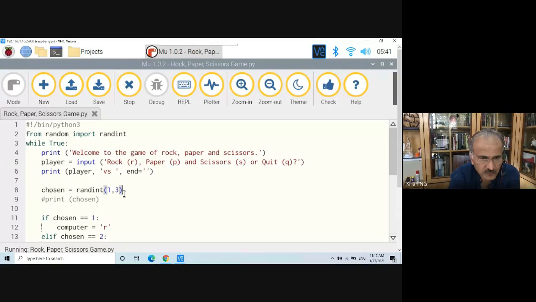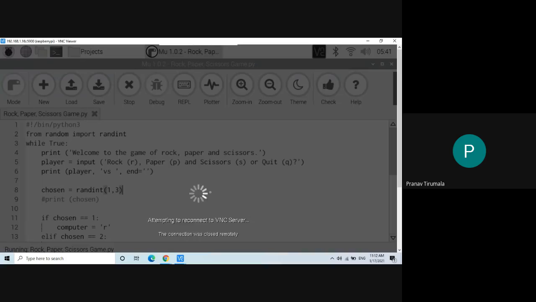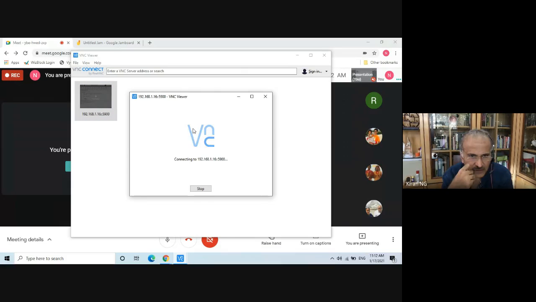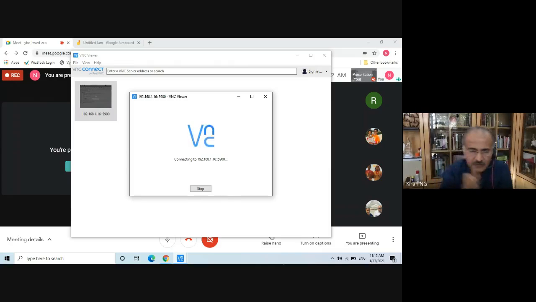Yes, uncle. So you can put the input outside, and then inside the loop, you can just put one line saying enter your weapon. No, that won't work. If you put it outside, it'll just ask it once and just keep on using the while loop. So if you do that, then only once it will ask you. So I want to avoid two print statements. You can just handle it: for the while loop, you can just assign the variable player to None. Yeah. That's smart, Pranav. Yeah, we'll do that.